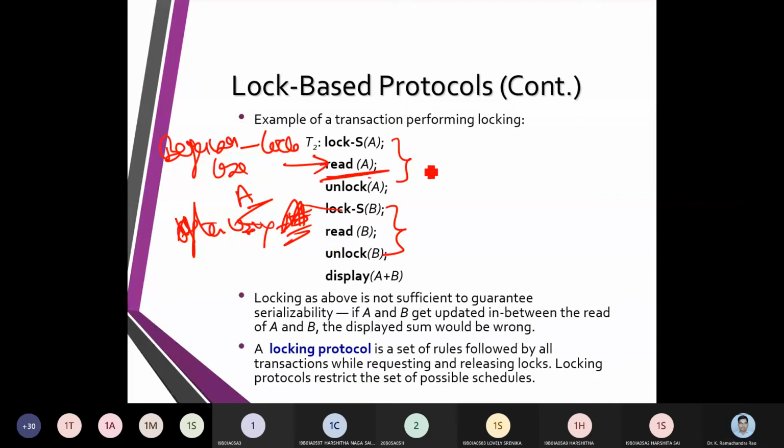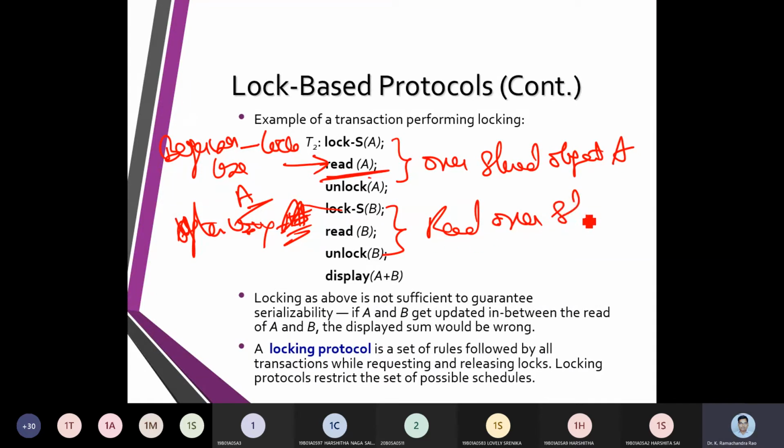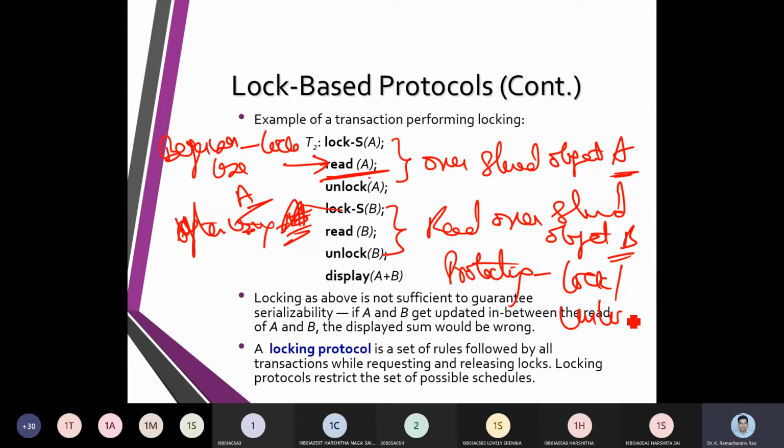Read over shared object A, read over shared object B. How are we protecting them? It is with lock and with unlock.